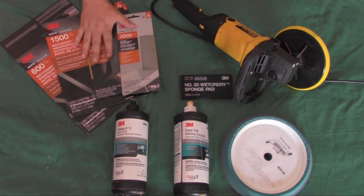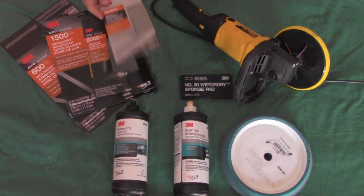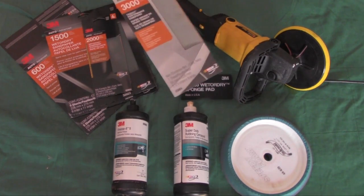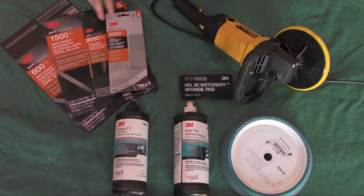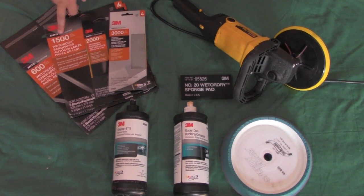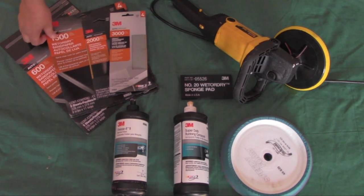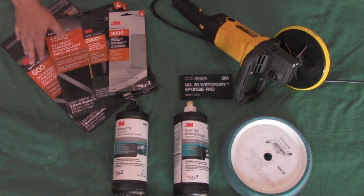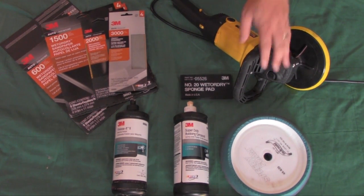Here I have different grades of sandpaper. This stuff can get a little pricey. Here's some 3000 grit, which the pros use, and we've got some 2000, some 1500. I had some 800 as well. This is 600. Usually, if you're going to sand an area, you would use the 600 to begin with. You can do this by hand, or you can get an orbital